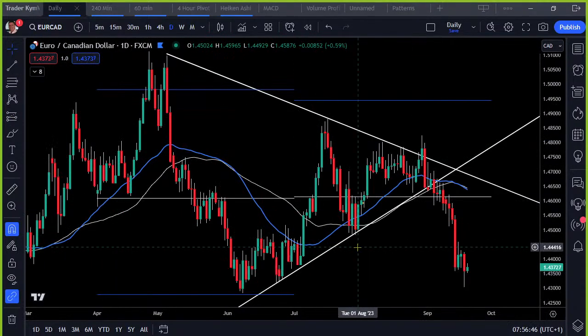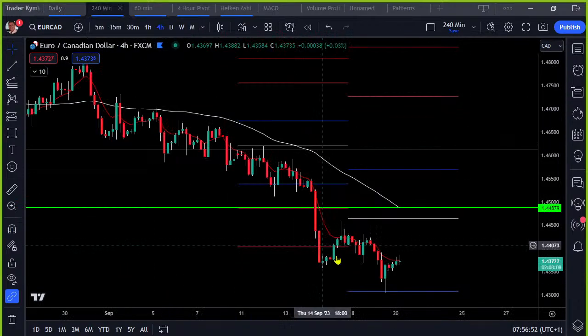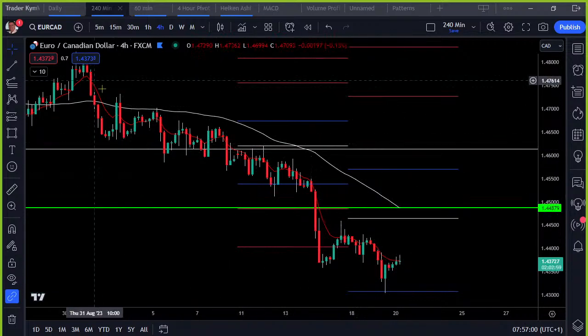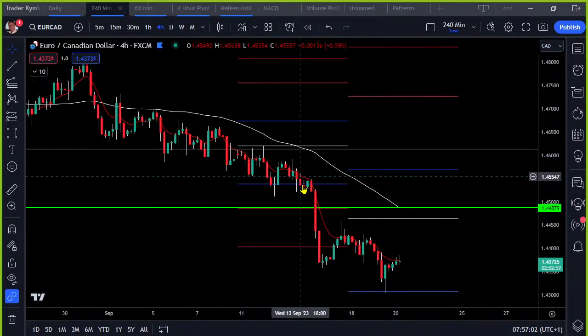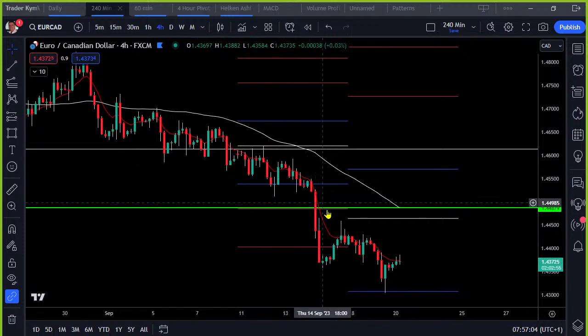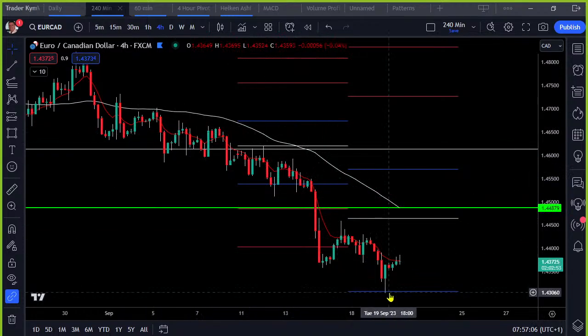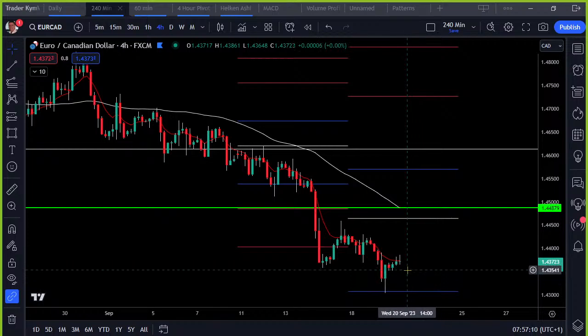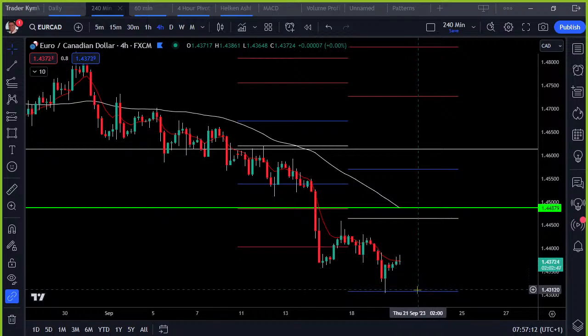The EURCAD, similar picture in terms of its move. However, it did find support yesterday into its weekly S1. Again, though, look at the trend of this. It's not a massively high frequency. It's nice movements. The retracements, yeah, they're going up, but they're going up at a steady rate. There's a time between them, and I'm just sort of looking at this and thinking, is it going to roll yet again down towards the S1?